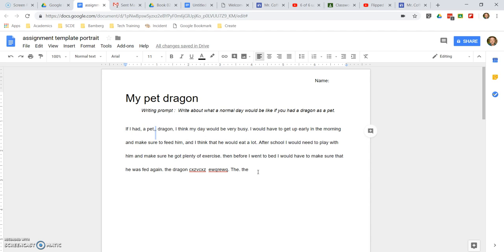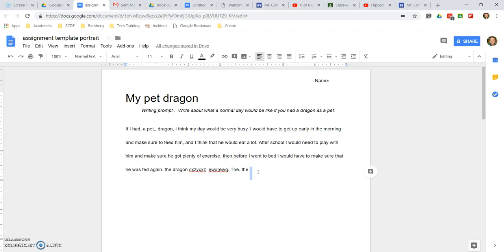We want them to get in the habit of proofreading their own work. So the fact that grammar isn't always highlighted is a benefit. Now, if they go off and use a program like Microsoft Word or something a little bit more feature intense than Google Docs, they'll have that option. But they also need to learn how to write on their own. So it may be frustrating at first, but look at it as an opportunity for students to learn the skill